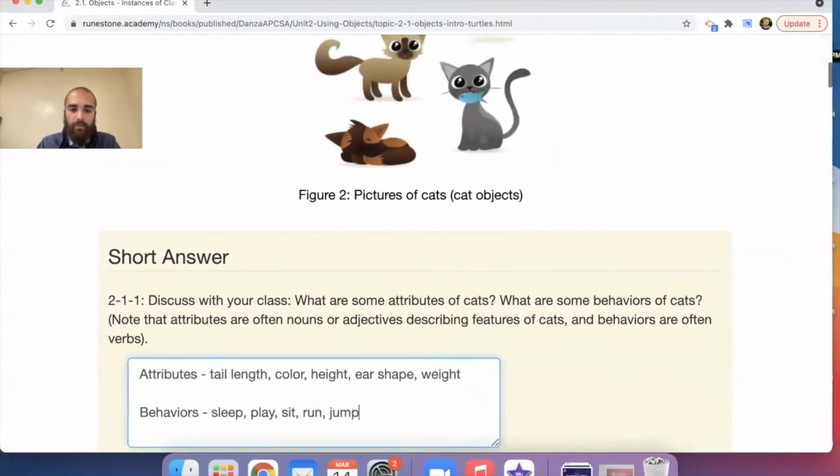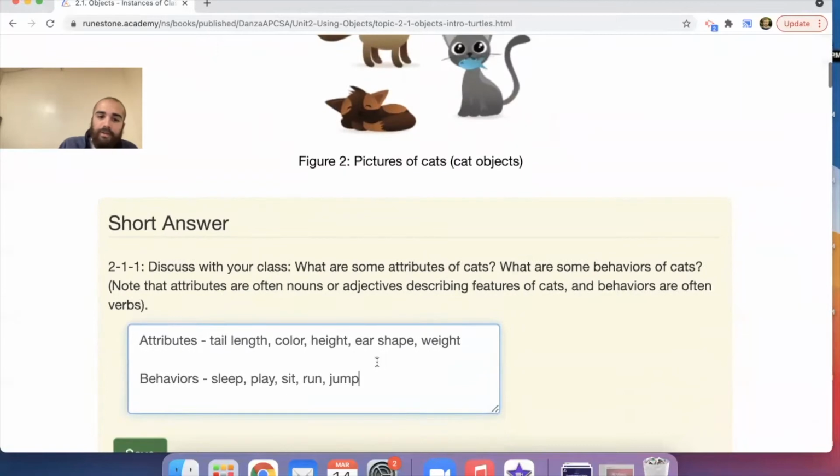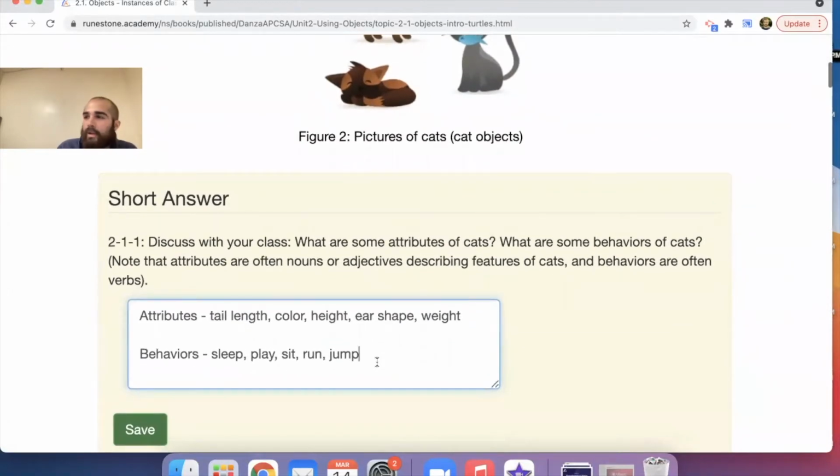I'll say jump, right? These are just different behaviors of what they can do. Imagine you're playing a video game and you click A to jump. That would be a behavior or a method: every single time you click that A button, the character